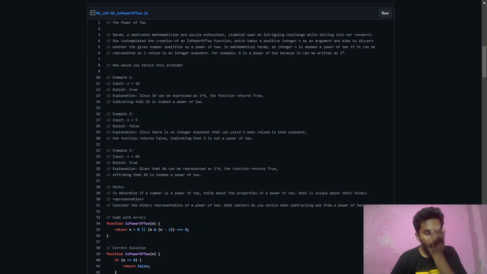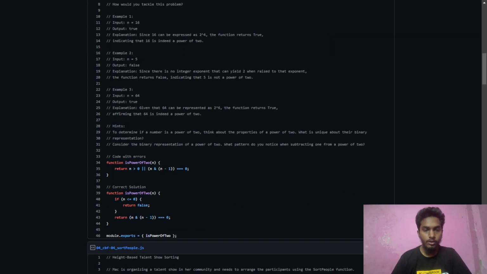In the given code with errors, what we can see is n is greater than 0 or the condition to check the power of 2. The error with this code is checking n is greater than 0. If we say n is greater than 0, that means every positive integer will be a power of 2, which is wrong. So to correct this,